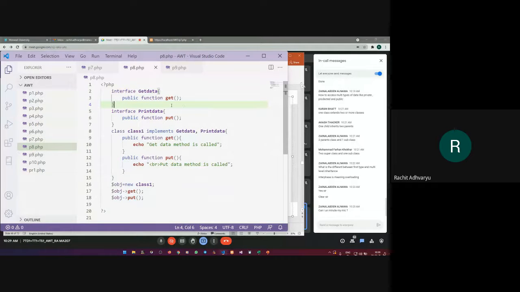Yeah, I'm talking about this example now. Yeah, this is the syntax. Now this is the example on your screen. The main difference is you cannot implement multiple inheritance using inheritance. So if you want to have two parent classes inherited by one single child class, that is not possible in inheritance.